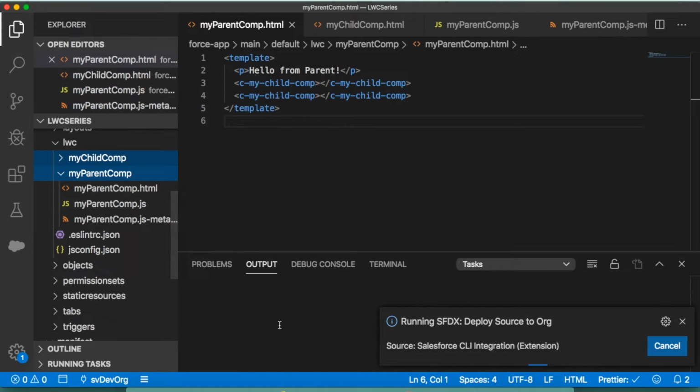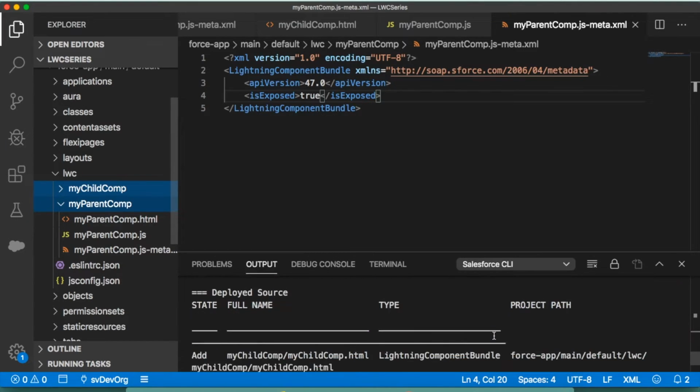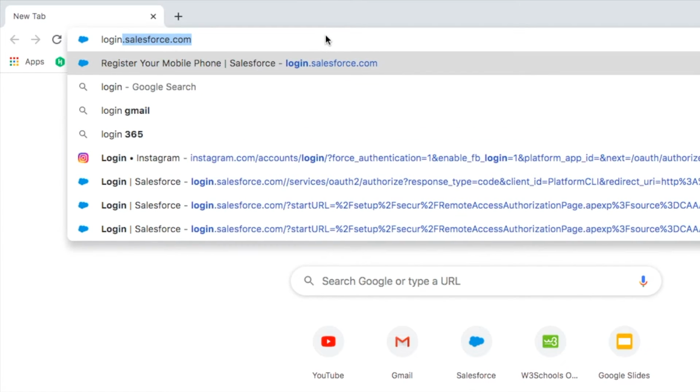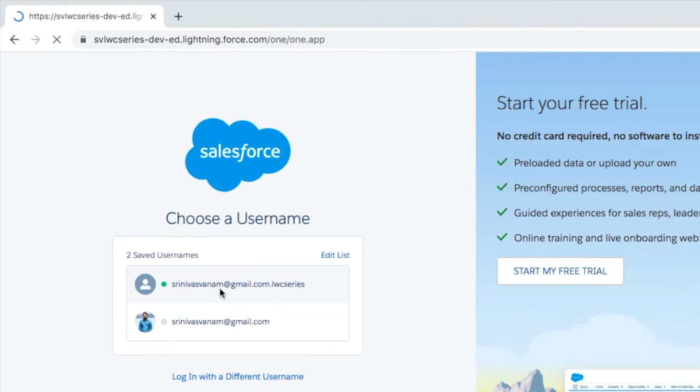As you can see, Salesforce CLI is running the commands to deploy these two components. Looks like both the components are successfully deployed to the Salesforce org. Now, let me log into the Salesforce org, add the parent component to a contact record page, and see how it displays. Go to browser and type in login.salesforce.com and provide your dev org credentials